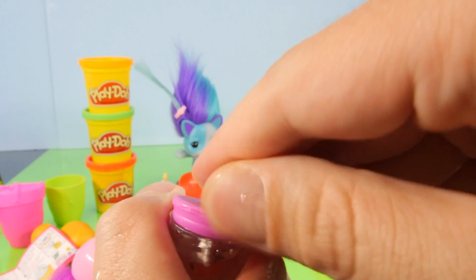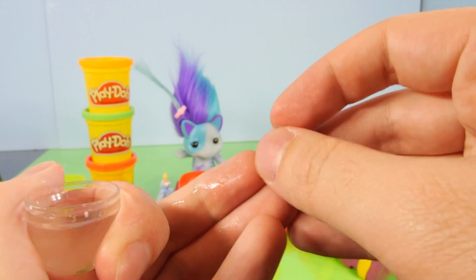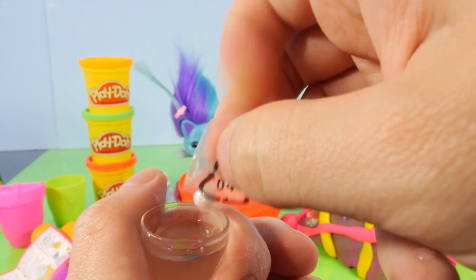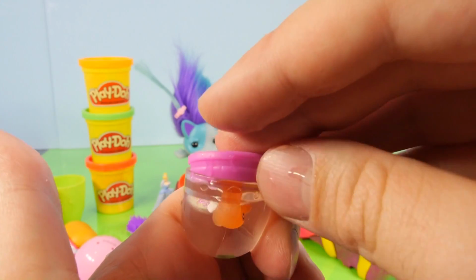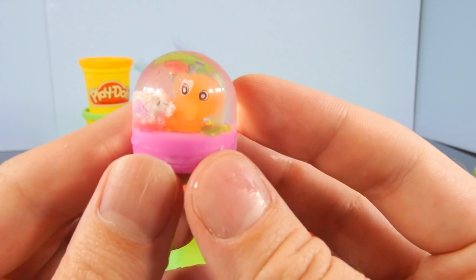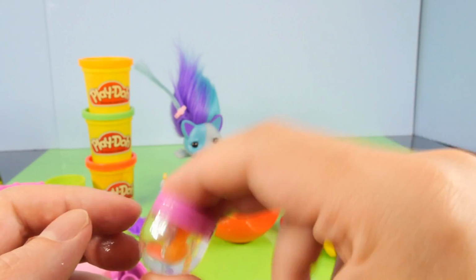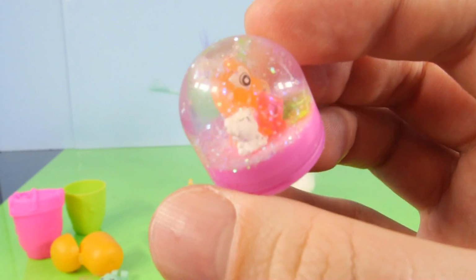And the one thing I forgot to do was add the glitter pellet. So let's get the glitter pellet in there too. Almost forgot to do that. And now we're gonna put the top on. Now if you notice, the glitter pellet's really not doing too much right now. So what we're gonna have to do is shake this for a minute, and eventually it's gonna start breaking apart. So here is our snow globe once the pellet dissolved,